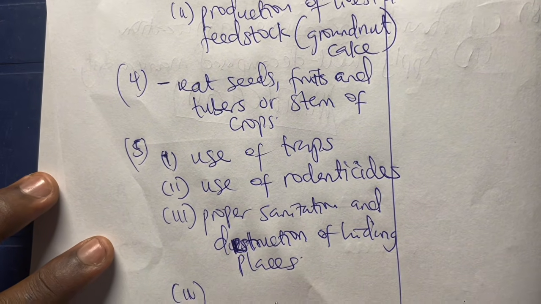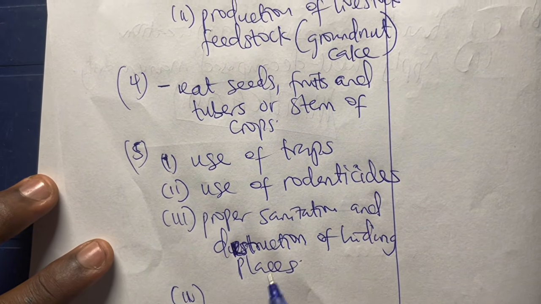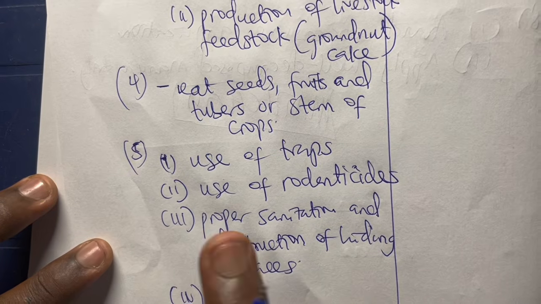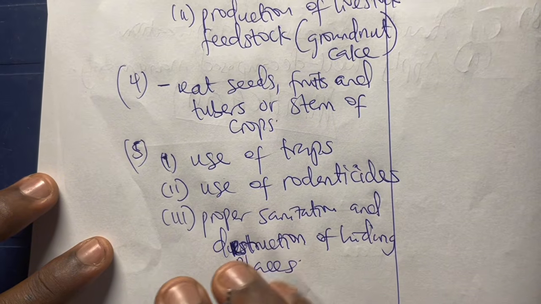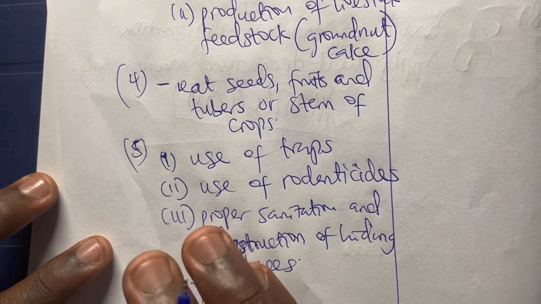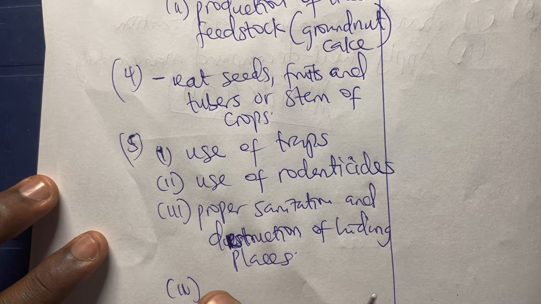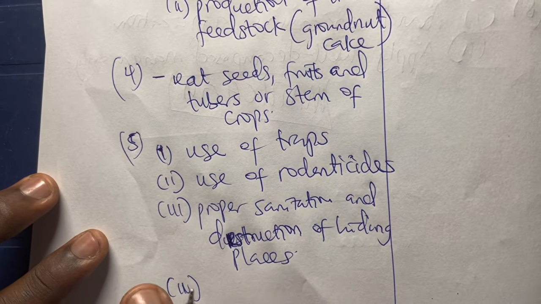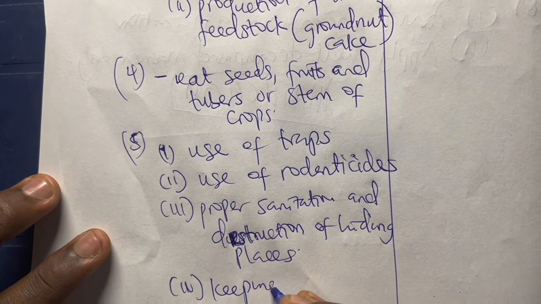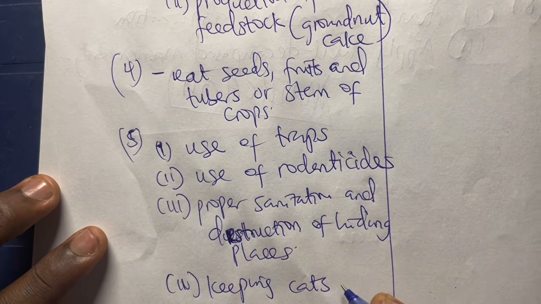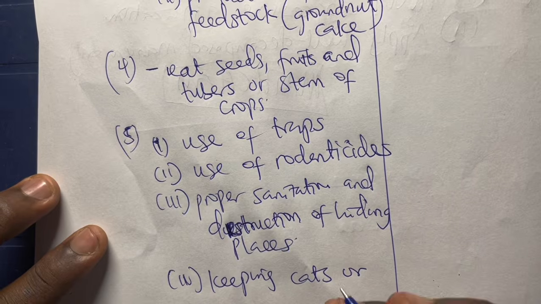And that is that you must be keeping cats around your farm. Understand? Cats used to feed on rats. If I'm wrong, please let me know in the comment section. Cats used to feed on rats. Whenever a rat sees a cat, the rat runs away. So keeping cats or even other natural predators